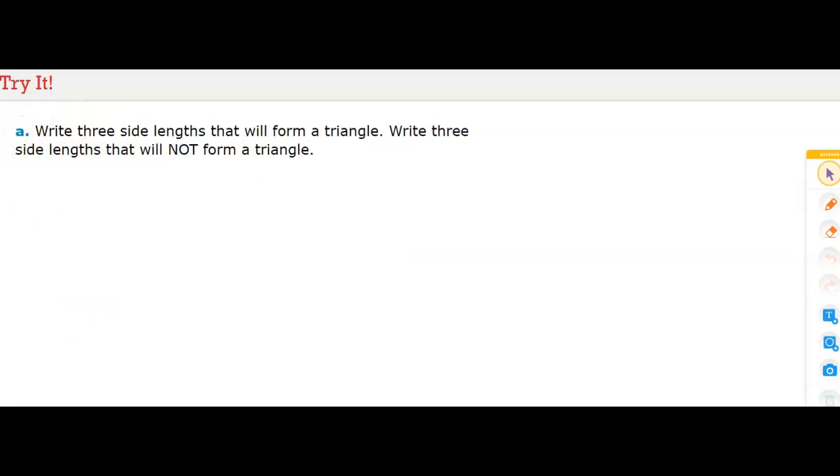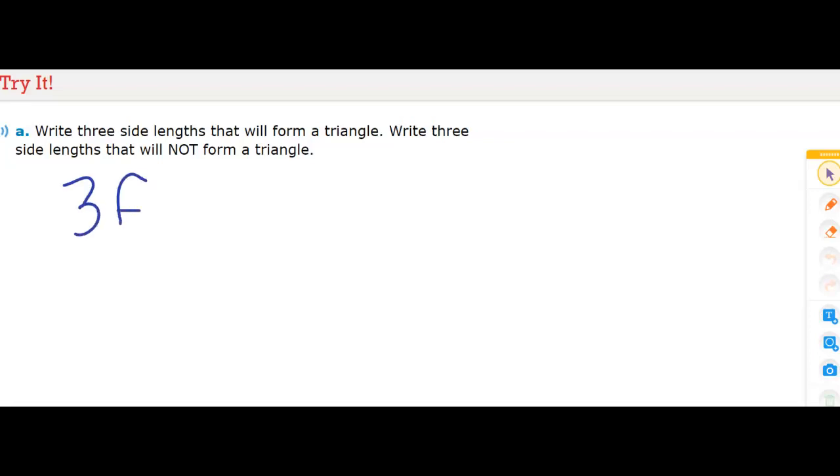Part A. Write 3 side lengths that will form a triangle. Write 3 side lengths that will not form a triangle. So we would all have a different answer for this because it's not one specific answer. So an example answer would be, for side lengths that will not make a triangle, we could have